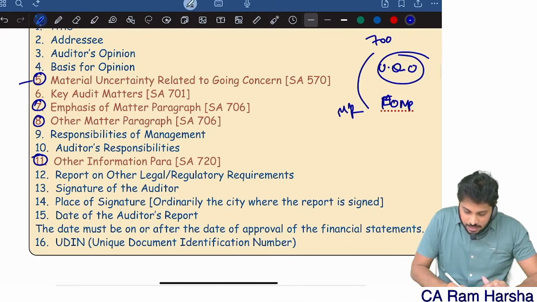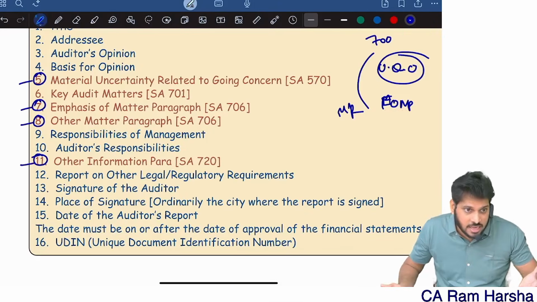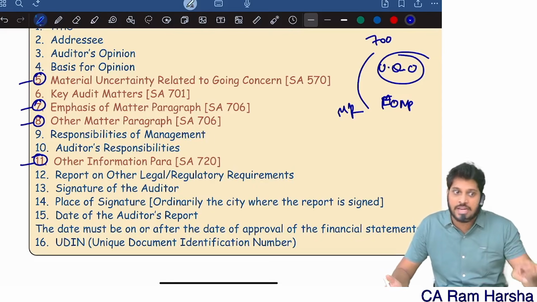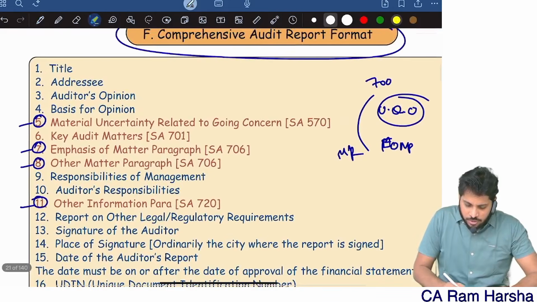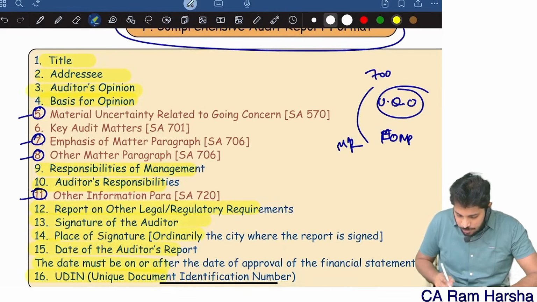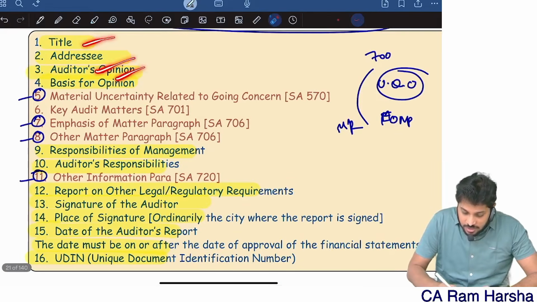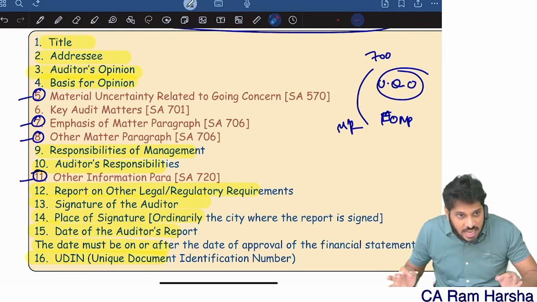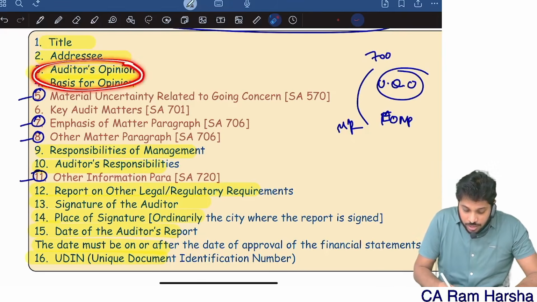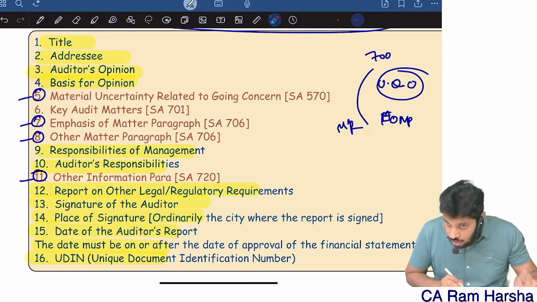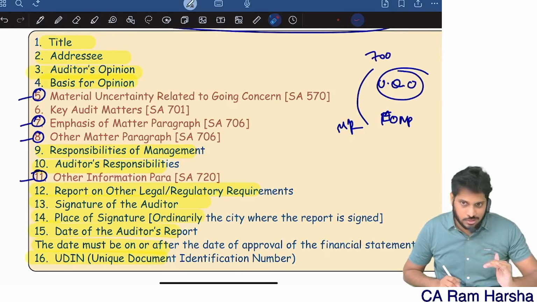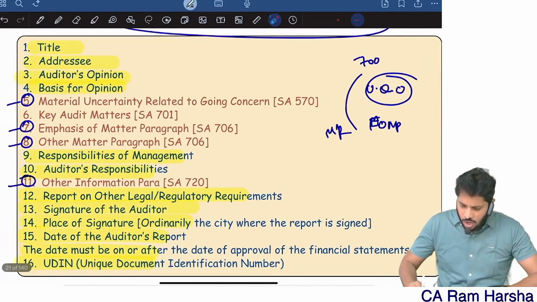Right now this is a comprehensive format. Whatever I've highlighted might be there, might not be there in every audit report. Depending upon the circumstances, these highlighted items might come. But as a standard, an audit report will have all these contents, every audit report by default. If an audit report has only whatever I highlighted with yellow, only this, that's an unmodified report. If you are modifying the opinion, then it's a modified report. Or if you are including emphasis of matter or other matter paragraph, then also it is modified. Easy? Yeah. Now, audit report will have all this.